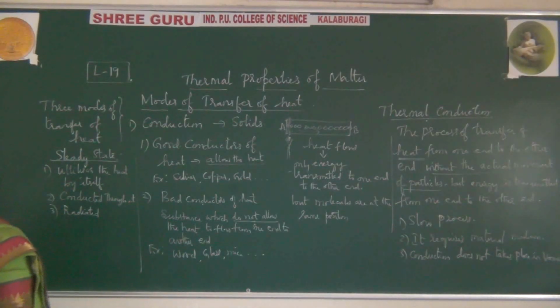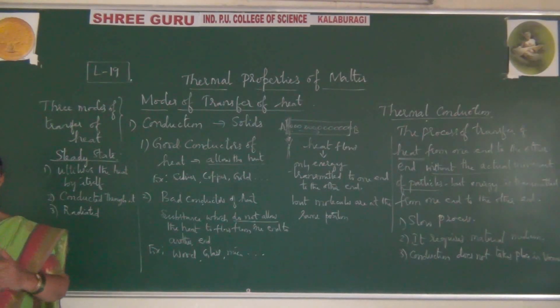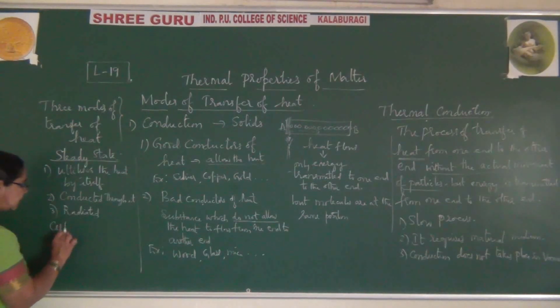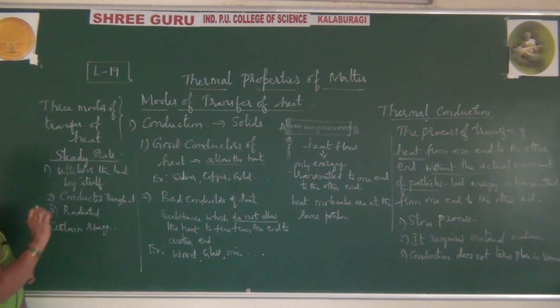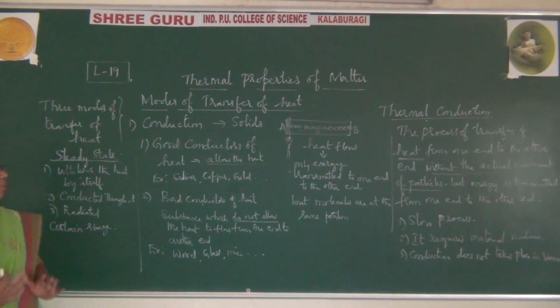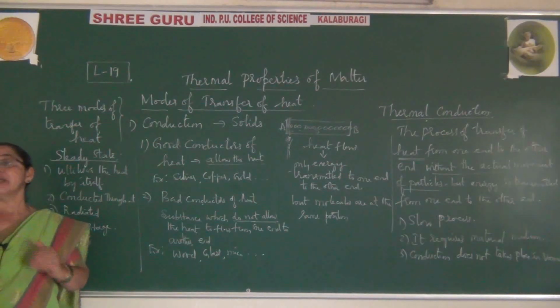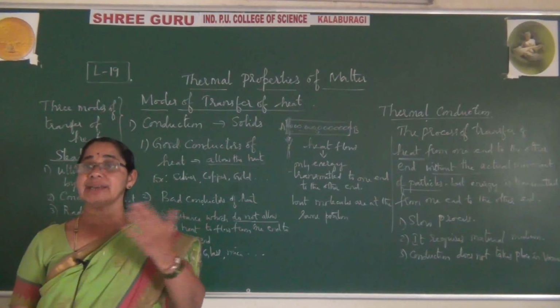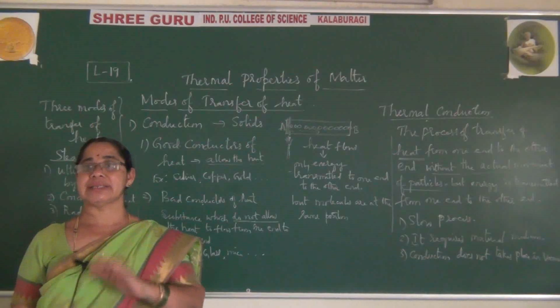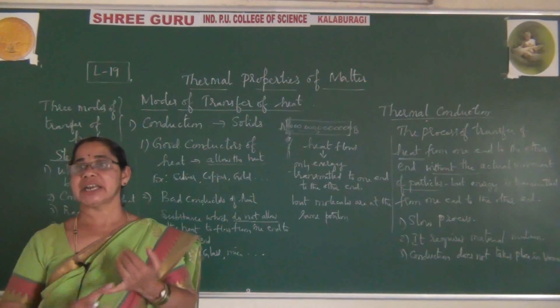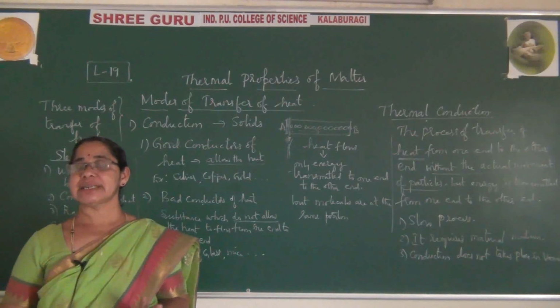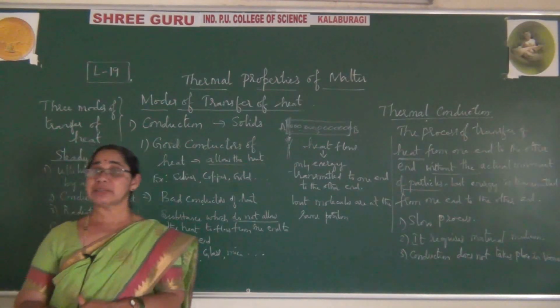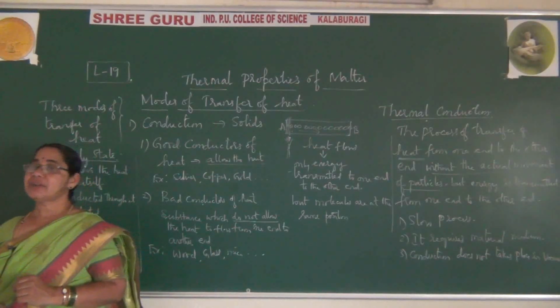As I made you come across, these are the three stages. Now what happens at a certain stage? Whatever heat you are supplying, you are continuously supplying heat. So naturally, at a certain stage, even if you supply an extra amount of heat, the temperature will never rise, it will never be utilized. The conduction and radiation, everything has been completed at a certain stage, due to which even if you are supplying extra heat, it will never be utilized.